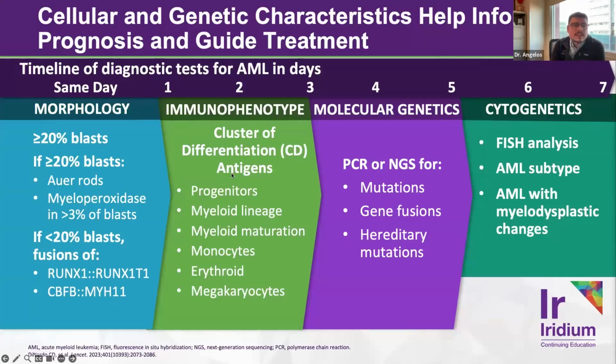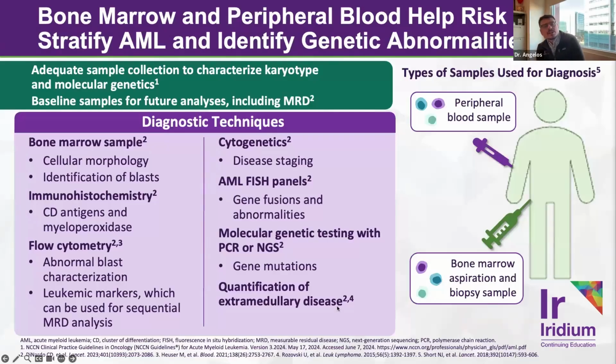Immunophenotyping is also important. We're learning that certain flavors of AML confer resistance to certain therapies. And so it's always informative to know what the immunophenotype is up front. And then again, molecular genetics and cytogenetics, testing such as PCR and NGS, as well as FISH and karyotype analysis, are also still informative in 2025 and are needed to appropriately risk stratify patients. So again, these are all just the standard of care tests that should be sent on all newly diagnosed AML patients.